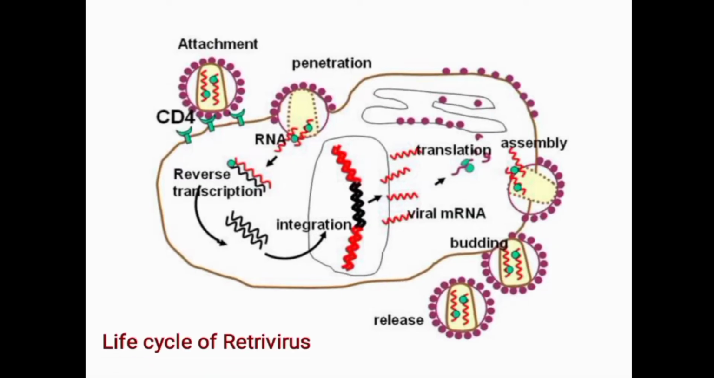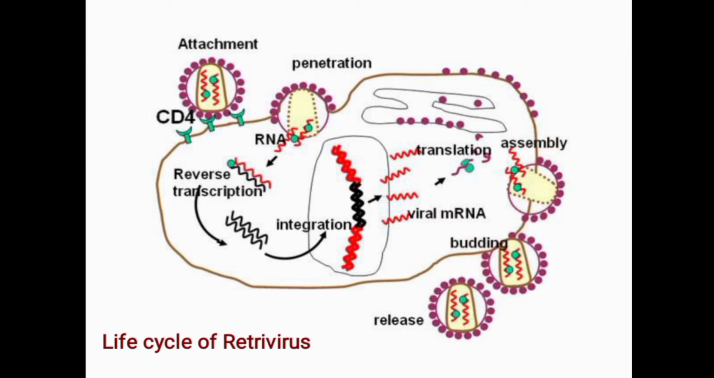This is the life cycle of the retrovirus. The retroviral life cycle starts with adsorption on the cell membrane and the penetration of the nucleocapsid into the cell. After reverse transcription in the cytoplasm, the proviral DNA integrates into the host genome, followed by DNA transcription and translation of the virus proteins, packaging of the RNA genome in the developing